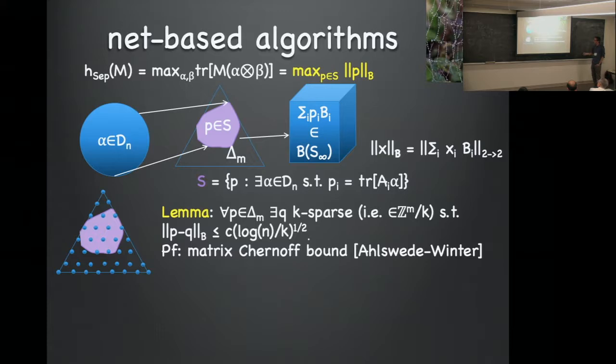So what is the performance? We have to take k to be like log n over epsilon squared. Now, the base of the exponent is m, the number of measurement outcomes. But you can always take m to be polynomial in n. If there are many more of them, you can just take a random subset and you'll get a good approximation. And so the runtime is again exponential in log squared n over epsilon squared. So we get the same runtime, it's a very different algorithm. Any questions?